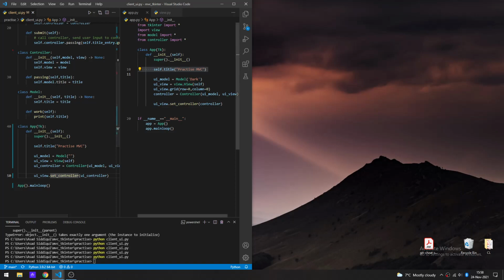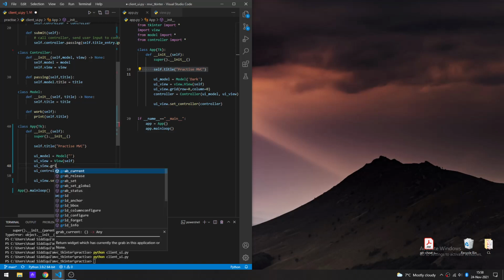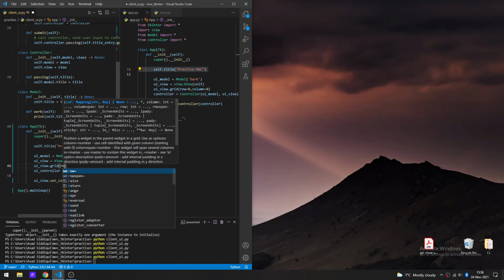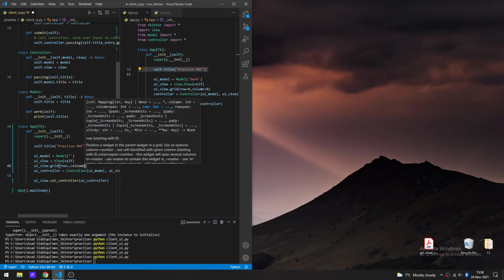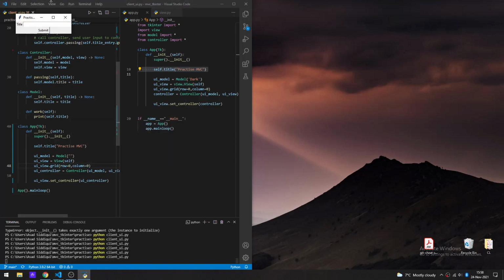Now, the problem that I'm having. Oh, right, because the view is not being shown. Grid, and then in that, we can just do row equals 0. That's going to show within the right. So now let's go ahead and do